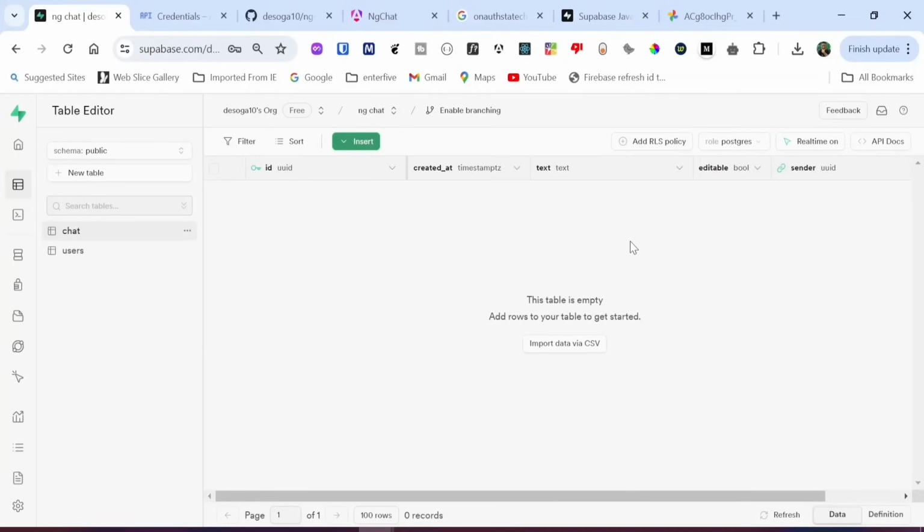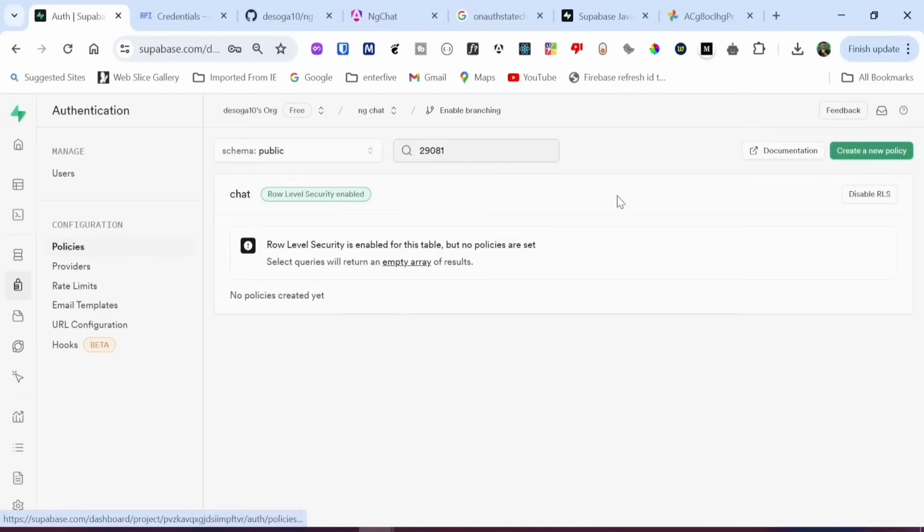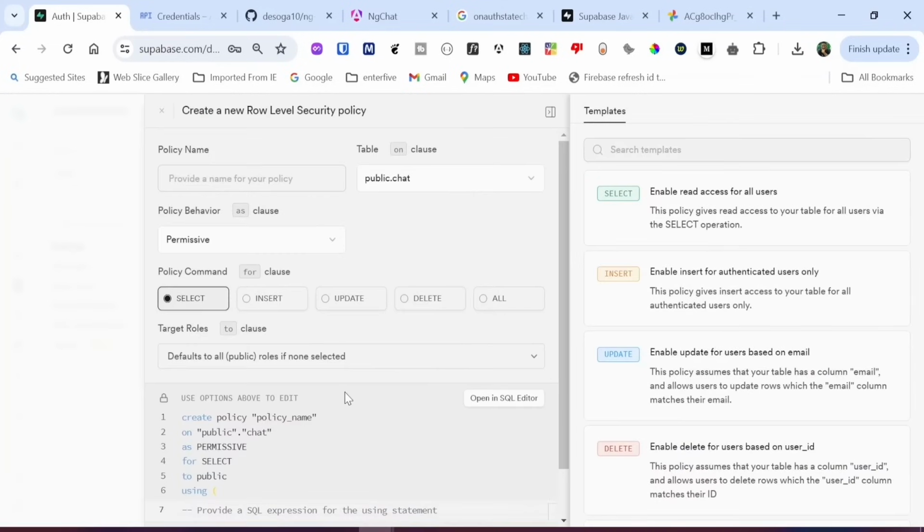Now, the final implementation for this chat table is to add row level security policies. This is going to have about 3 to 4 row level security policies. So the first policy is going to be the delete policy. For the delete policy, I'm going to select delete, and then it is going to be called delete by